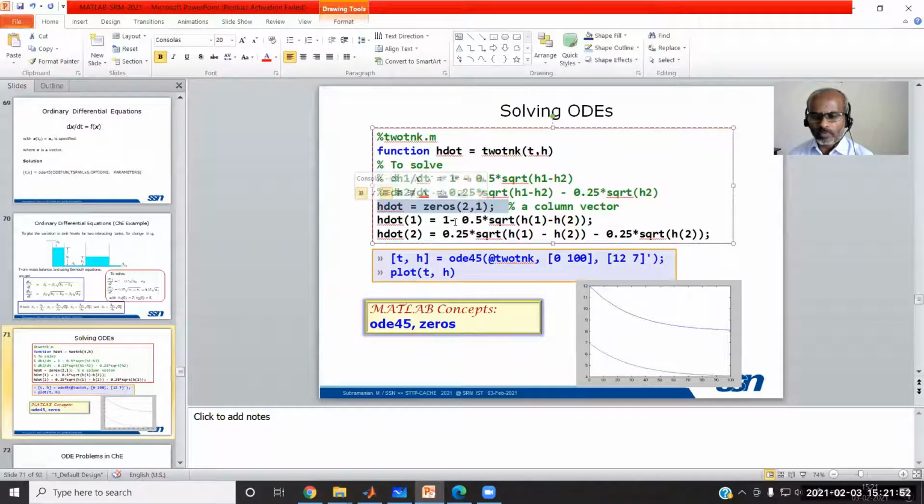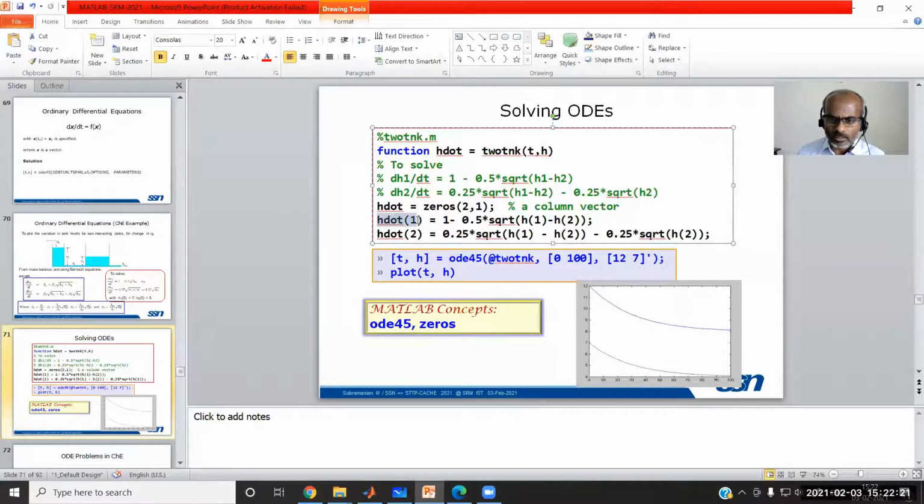Otherwise, it is a vector of 2, 1, which we initially specify simply as a zero vector for h dot, to allocate space. There should always be a statement like this to start specifying these equations. h dot equal to zeros of 2, 1. Why is it 2, 1? It is always 2 rows and 1 column. Okay, that way you can understand.